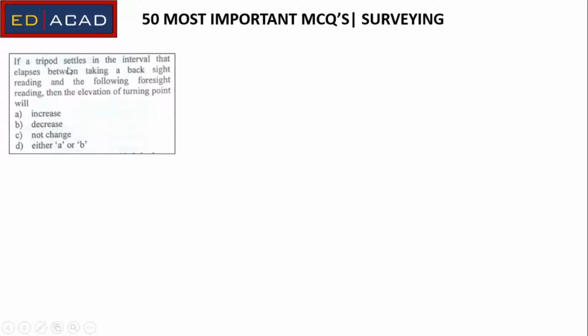If a tripod settles in the interval that elapses between taking a backside reading and the following foresight reading, then the elevation of turning point will increase, decrease, not change, either A or B. So let's look at this. Let's say we have set up our instrument station here, and this is our benchmark. We have held a staff here and taken our first reading. Okay, so let's take this distance as